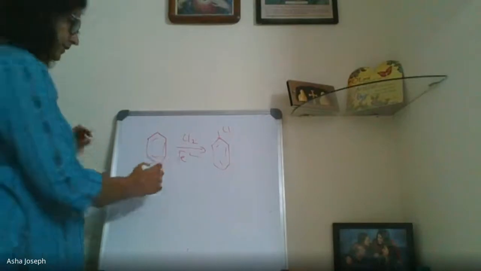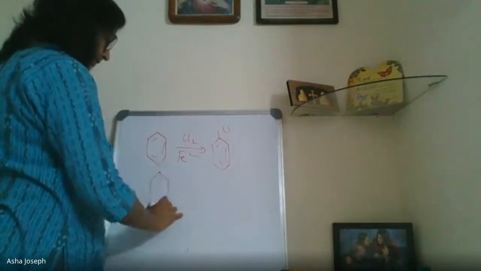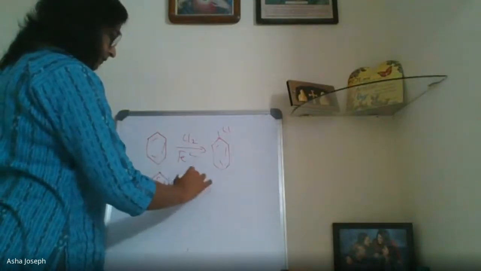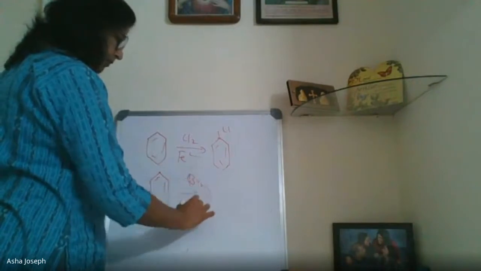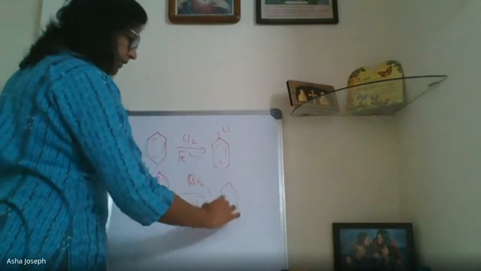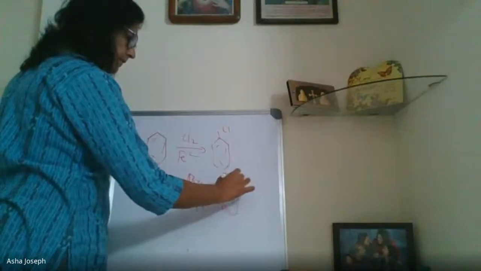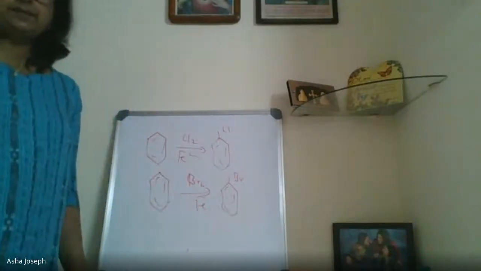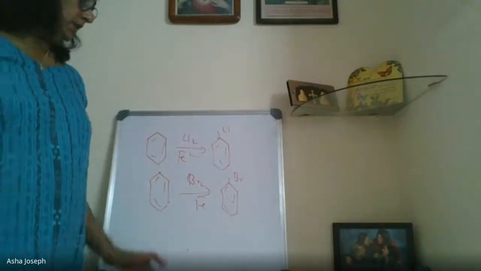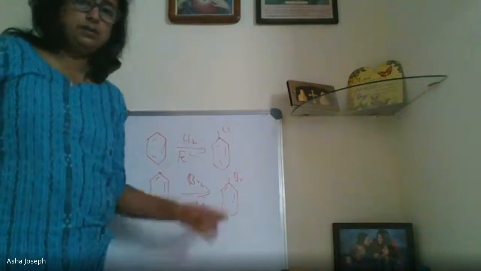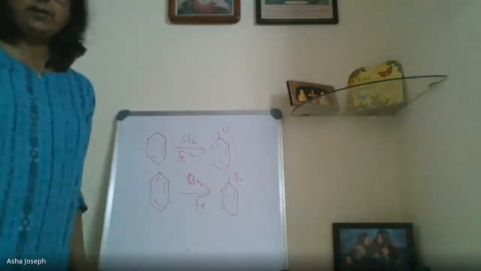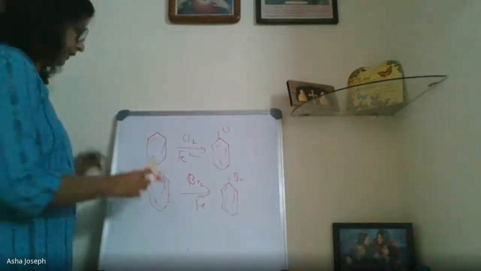For bromination, you will take benzene and, instead of chlorine, bromine. Iron should be there. You will get bromobenzene. For these two you understood. And for iodination, you require